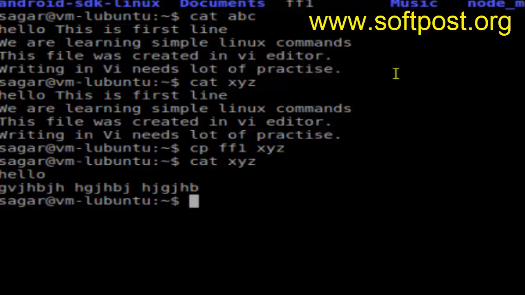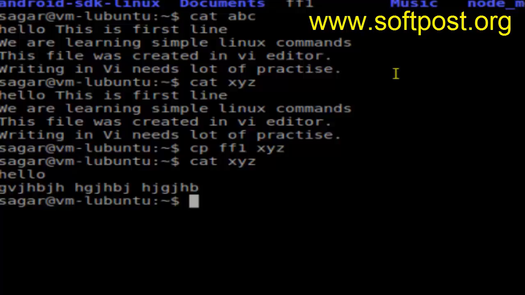The more important thing to notice here is that Linux did not ask whether you want to override that file, even though the xyz file already existed there. So the copy command doesn't ask by default, but there is a switch you can use with it